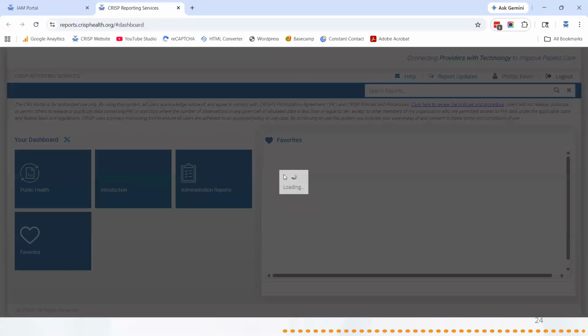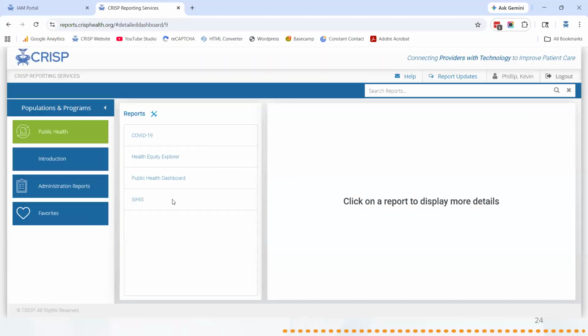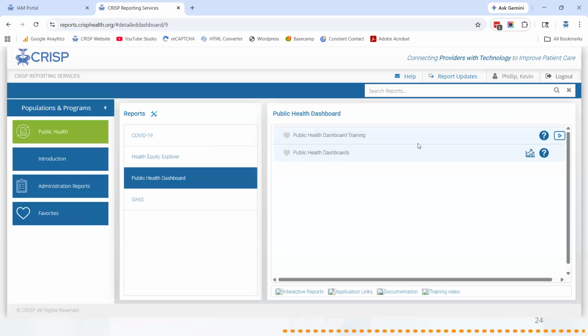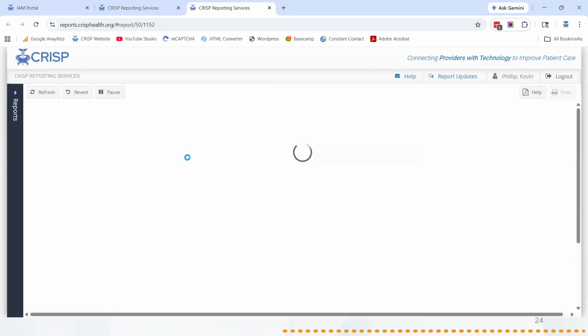Most of it is claims-based information, but we are starting to work more with clinical data and reporting on that. We also do have public health data. I'm just going to click some of the public health reports to show you what those look like, so you can get a sense of the power of the reporting team that we have. This is our public health dashboard within reports, and this is pulling all of the claims data in Maryland over a long period of time. I forget how many years, but it allows you to slice and dice the data through different demographic filters